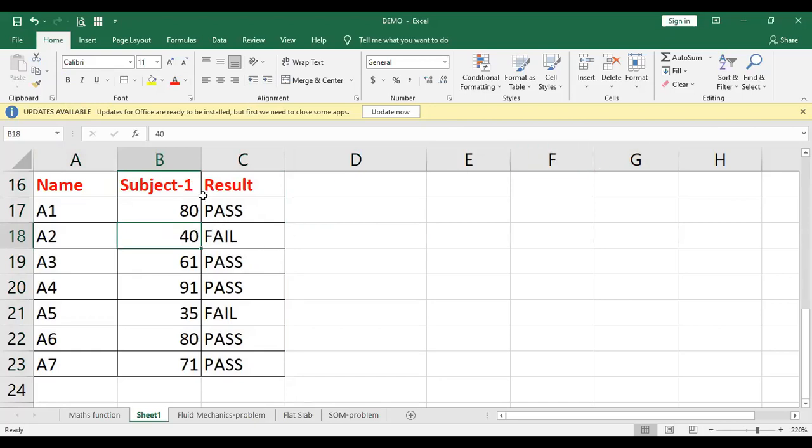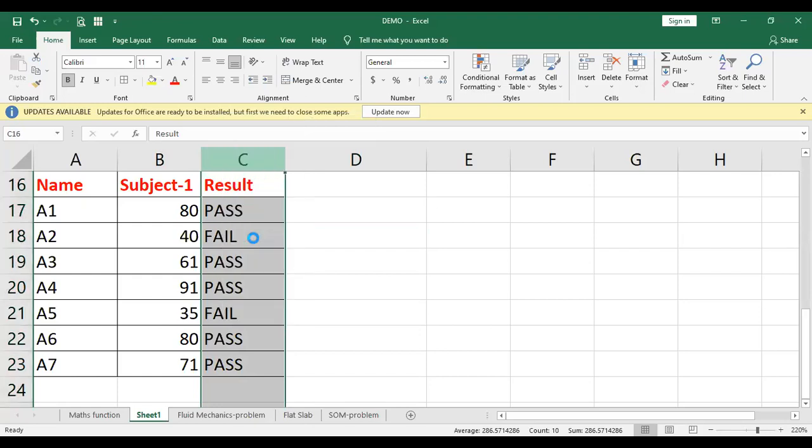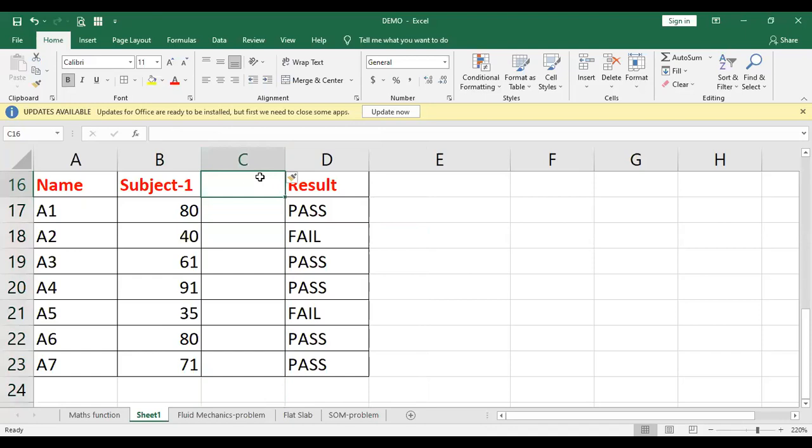Now suppose this is subject one, and based on subject one, we have used the IF statement already. But in case you want to insert another subject, how to do that? You can directly click this column C, and then right click on the mouse, and then there is an insert button. So you can just click on this. So here, subject one, I can write near to that subject two.